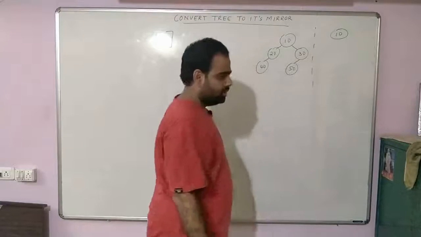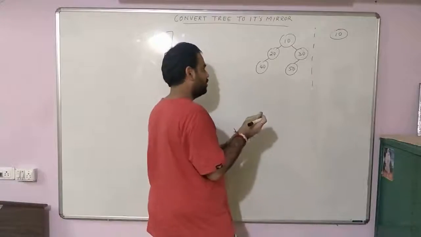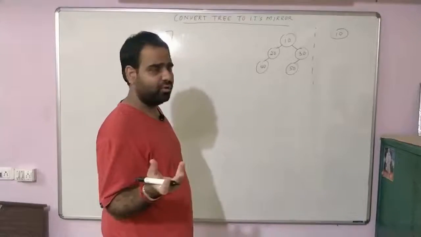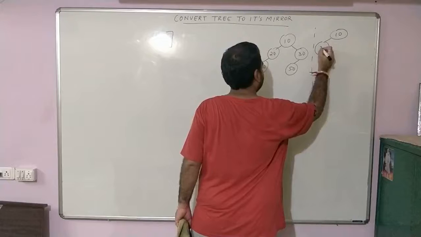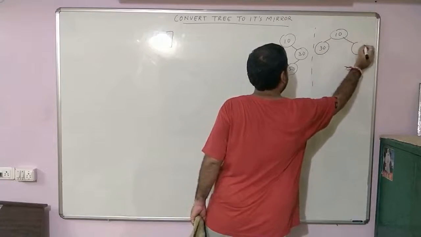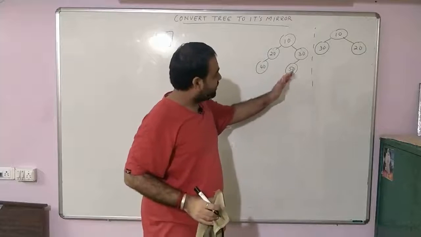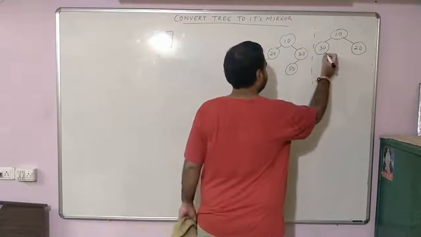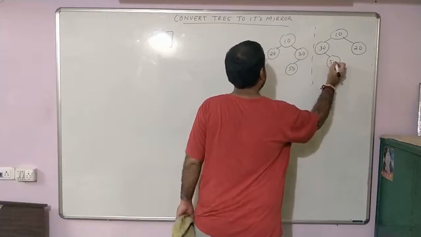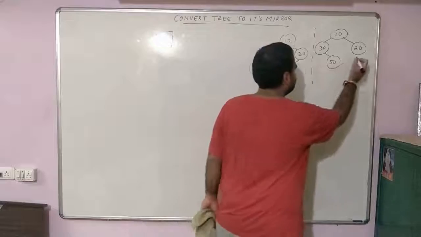Now instead of going from top to down, let's go from bottom to top. It will become easy for you, that's all. Now this is 30. This is where 20 will be. And 50 becomes the right child. It looks as if the right child of 30. And this 20 looks as if the right child of, so this 40 looks as if the right child of 20.